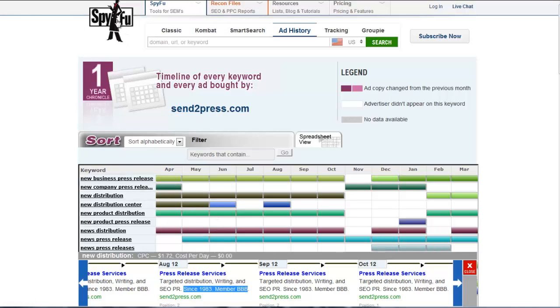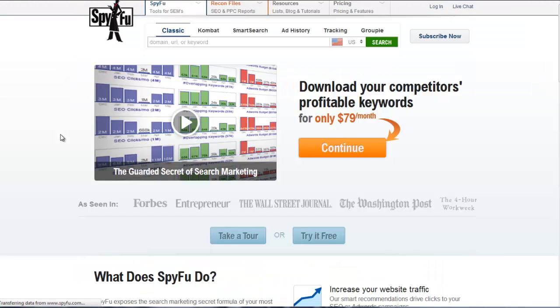That's basically it in a nutshell. Very easy to use. Obviously, they do return a lot of data, and it can get deeper, but we don't really need any of that for what we're doing right now. This is just to grab keywords and ad copy. So we're going to move on to the second tool. The second tool is